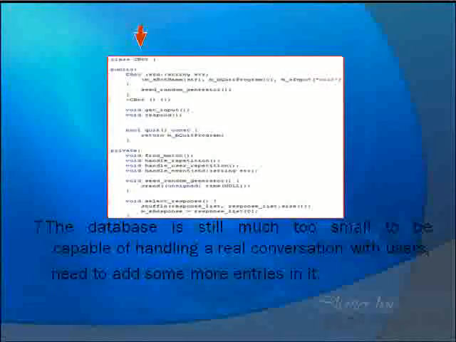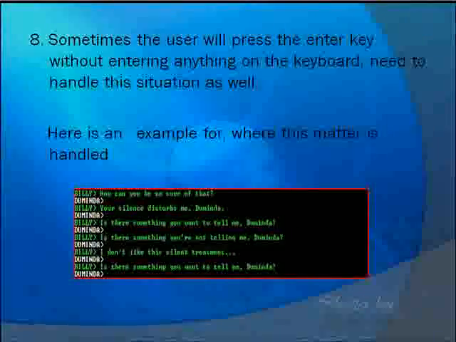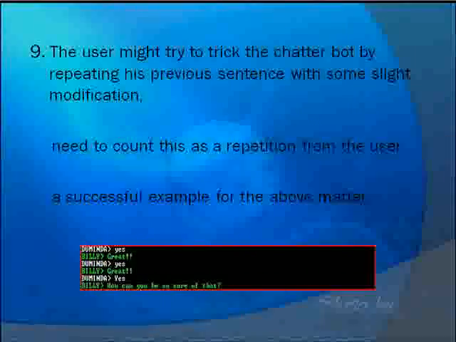So, as a solution for this, we can use a new mechanism to pre-process the user's input before it is searched in the chatbot database. Like in the example, first convert the user input to uppercase and remove all the extra spaces and punctuations before it is searched in the chatbot database. Then the fourth one,